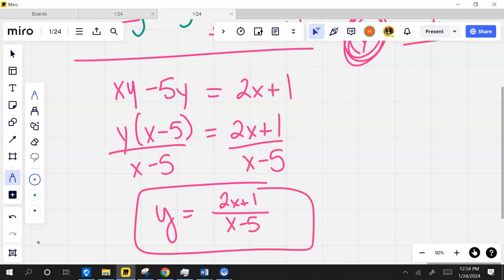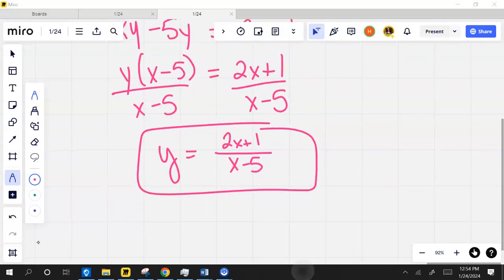What is? I think that's in terms of x now. Because in terms of x means I've got y equals, and there's no other y's on this side. There are only x's over there. They just always say in terms of. Think about it in terms of if you did f of x, that's in terms of x, whatever that variable there is. Yes, that's an easy way to remember it. All right,